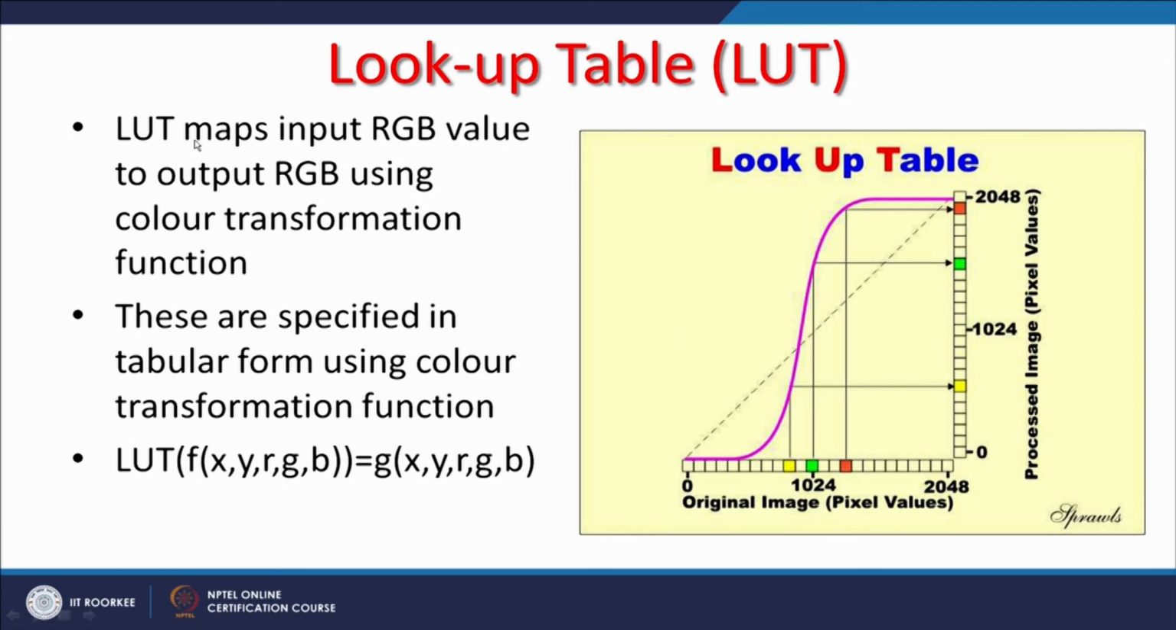So LUT basically allows us to map the input RGB values to output RGB values. It may be for a single band or maybe a colored band. For a color image, using a color transformation function, these are specified in tabular form, and that function is very simple: RGB equal to G of R, G and B. So the advantage of LUT is that it allows us not to change the values